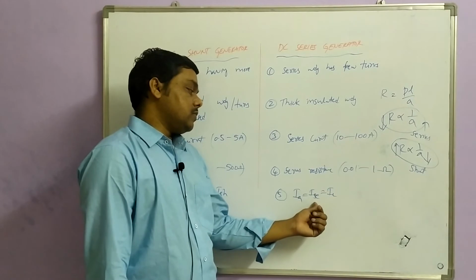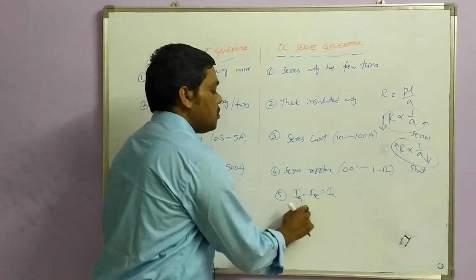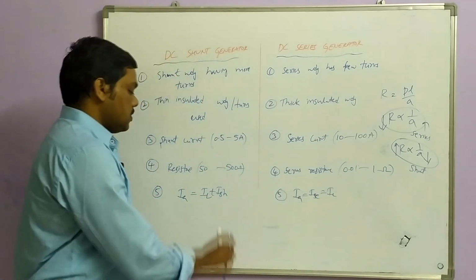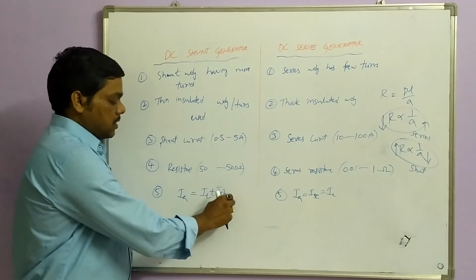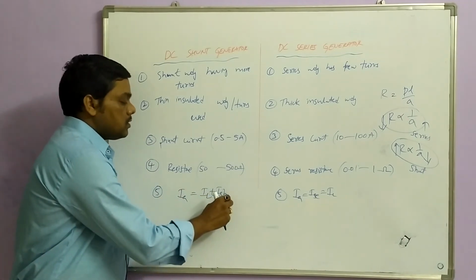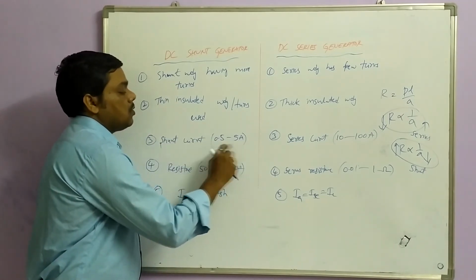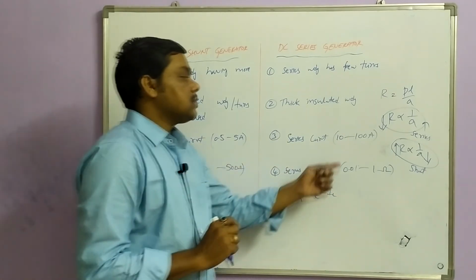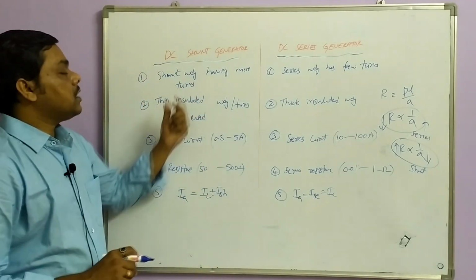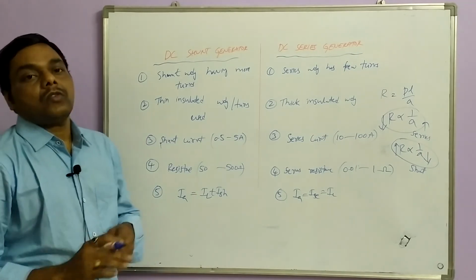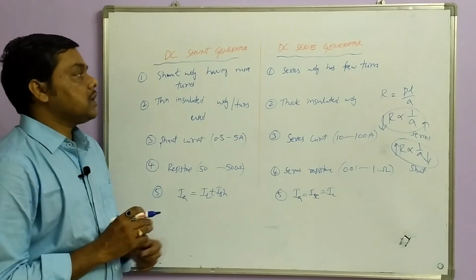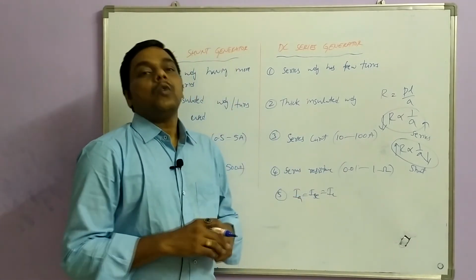And also, the series winding has the capability to carry the large currents IA and IL, whereas the field winding carries very little current compared to the armature current. It is in the range we have already seen, 0.5 to 5, whereas the series current is very high in this case. And also shunt generators run at constant speed. They are used for charging purposes, battery charging, whereas series generators are used as voltage boosters.